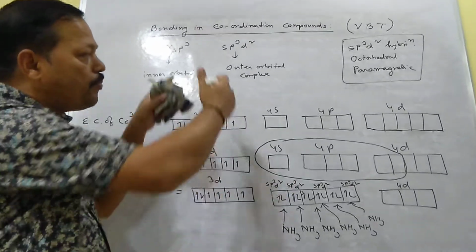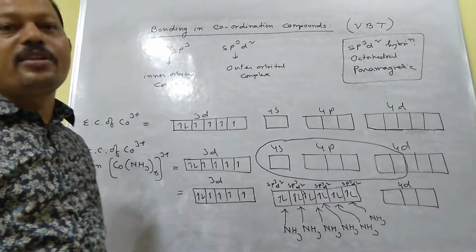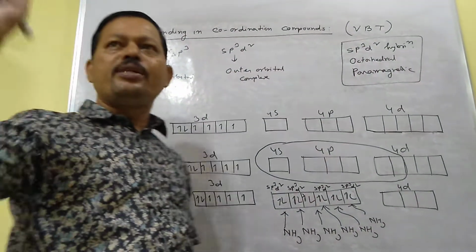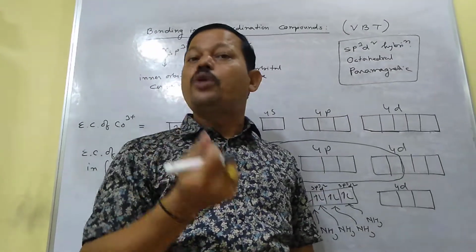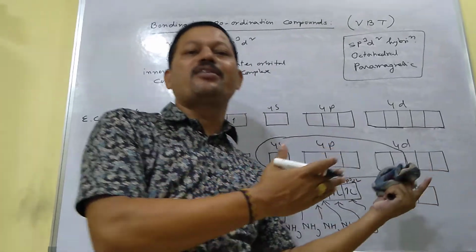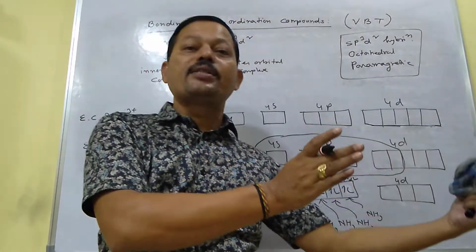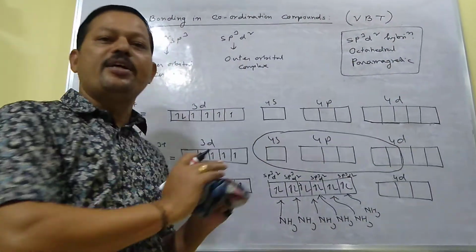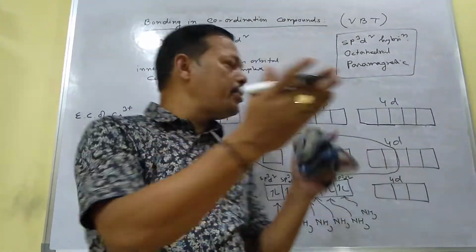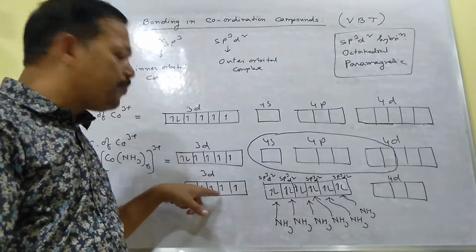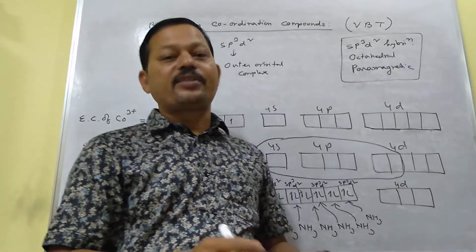So in this way, by applying this hybridization concept, you can explain this type of reasoning question. Similarly, the question asks, this complex will adopt a tetrahedral shape, this complex will adopt a square planar shape. Why? Then also you have to apply the concept of hybridization. Similarly, this complex is an inner orbital complex, this complex is an outer orbital complex. You have to apply the hybridization concept. This complex is paramagnetic, this complex is diamagnetic. Why? Then also you have to apply the hybridization concept and show the paired and unpaired electrons. In this way you can explain the magnetic character of the complexes.